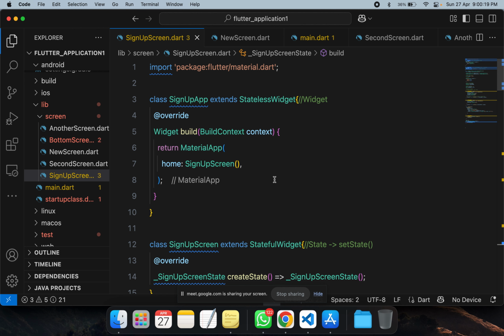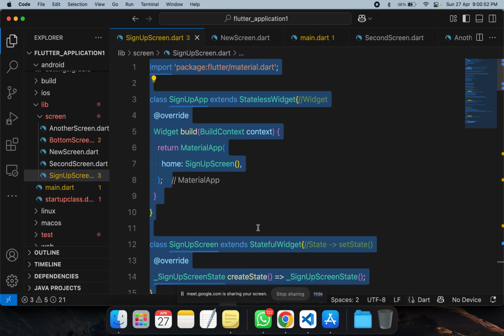And then, maybe for tomorrow, if the time allows, because the day after tomorrow I am not available. For tomorrow, if I am available, I'll be able to take the class, and I'll confirm the timing tomorrow. Whatever the time will be. So I am sharing this code with you. Just go through this code, and